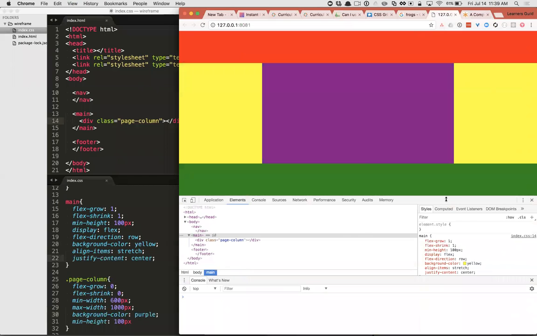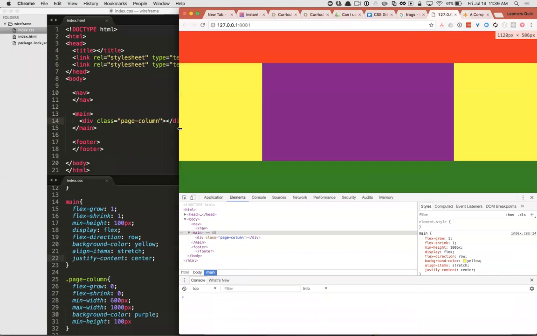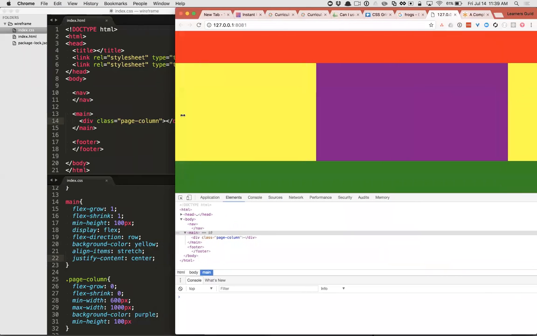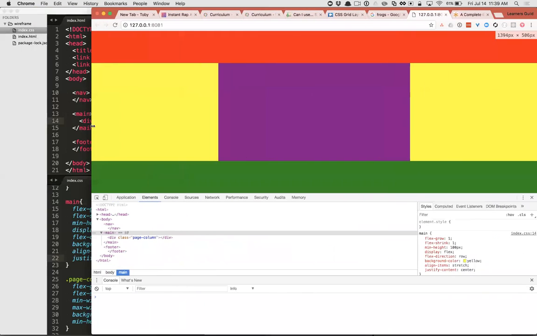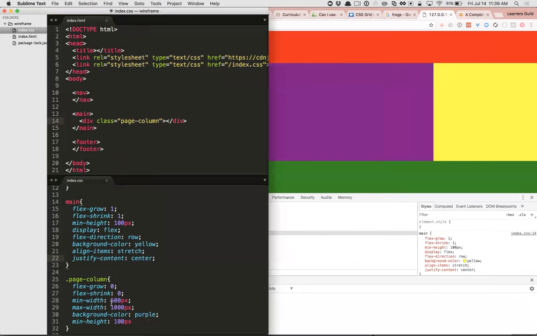And there we go. Okay, so now we have a center column that should grow. No, it's staying 600 pixels. It should be like that. So we'll probably give this a different value depending on a responsive media query to give this a different size.